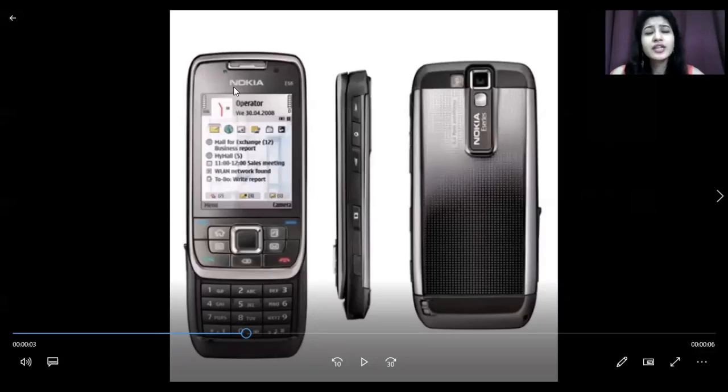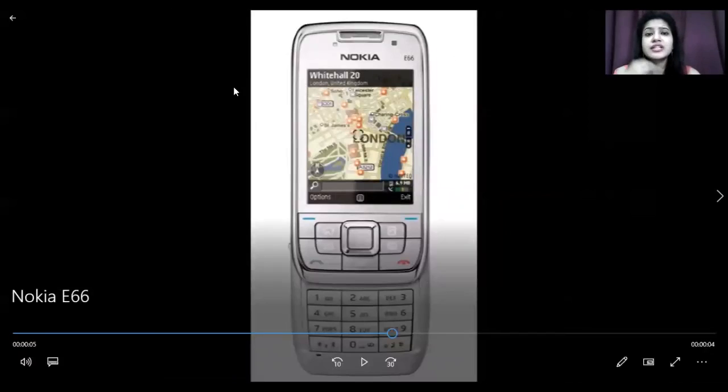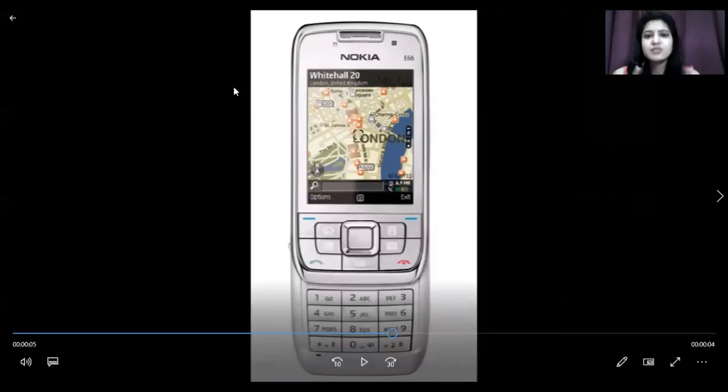It has got the Symbian operating system, and you can have a look at this variant when it is slide up. Yes, when it's slide up, it looks like this. We have already compared this variant with a lot of variants in the E series itself, and expandability is required for this variant. Why? Because having a storage capacity of 110 MB does not go well with the variants which have a camera, MP3 players, and phone book entries. A lot of things are there. So it needs expandability. Expandability की बात करें तो इसमें अच्छी खासी expandability भी देखने को मिल रही है, and you also get to see 128 MB RAM.